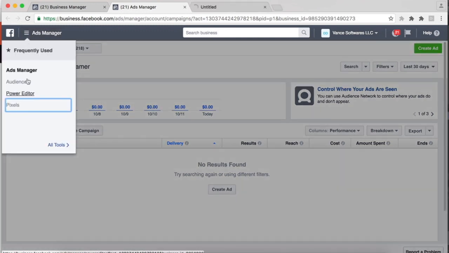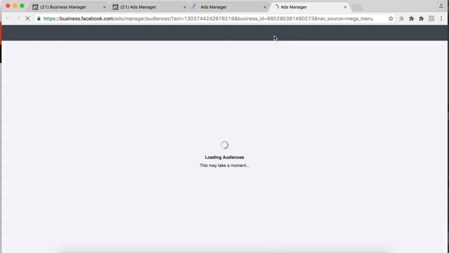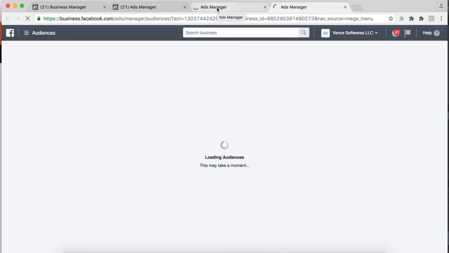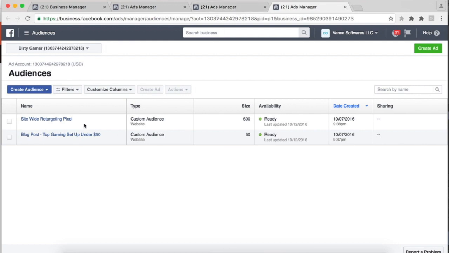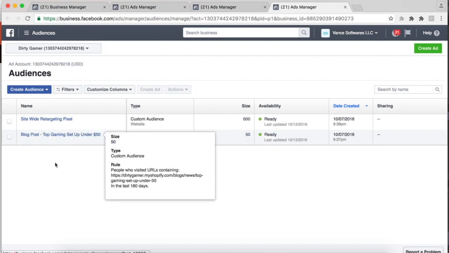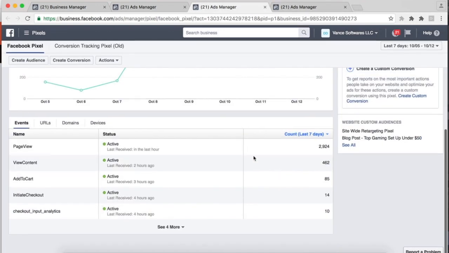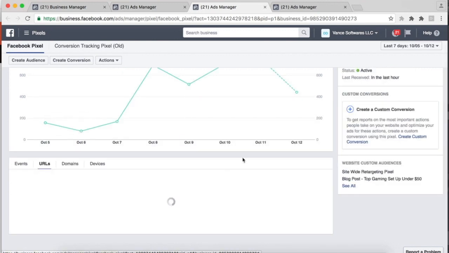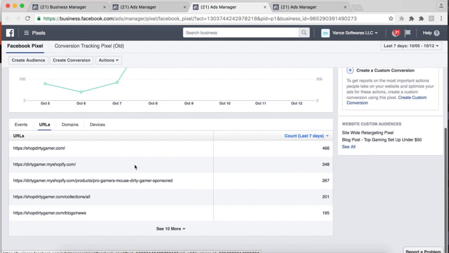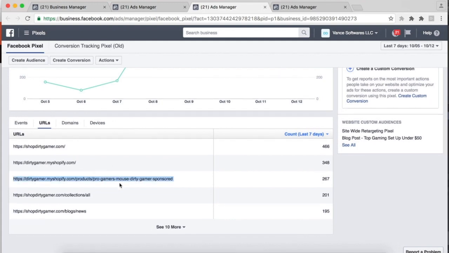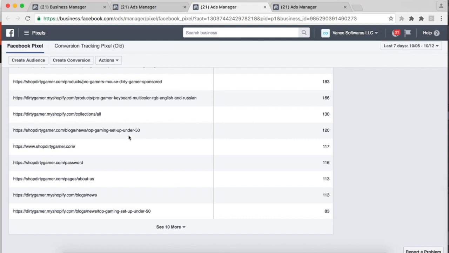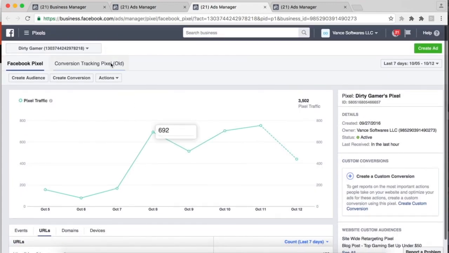Now, really quickly, I wanna take a look at my pixel and my audiences to see if we started tracking anything already. I might get some traffic here and there. Okay, cool. Site-wide retargeting pixel, blog post. So I have a few people that I've gotten from my blog post already. And site-wide retargeting pixel, cool. We're already starting to generate a few people to come in, I guess through YouTube and whatnot, so you guys actually might see my ads. Let's go to URL so I can take a dive into where people are going. Okay, let's see if I can find blogs, news. It seems like a few people have already ventured over to the blog, which is fine.